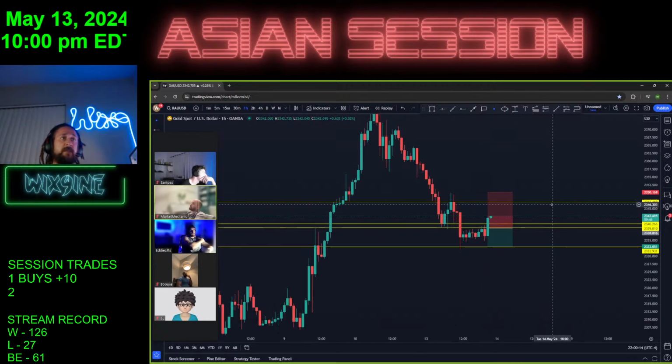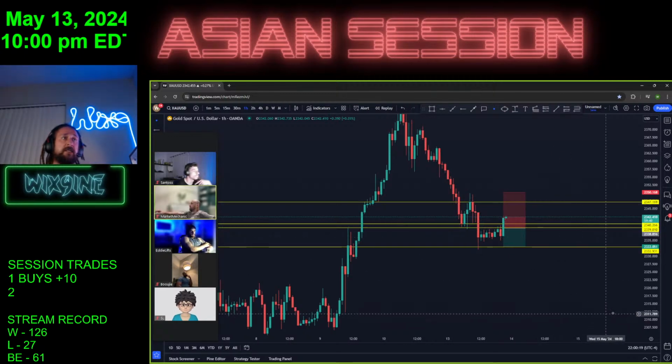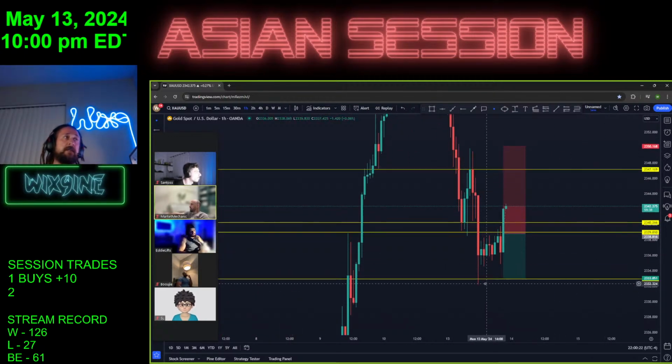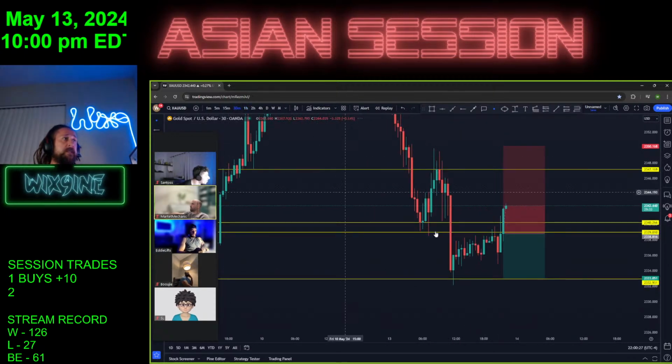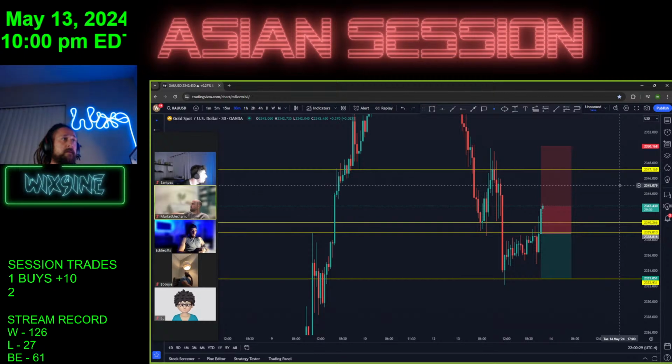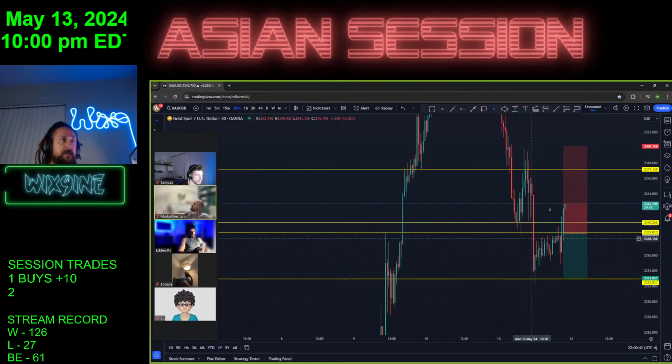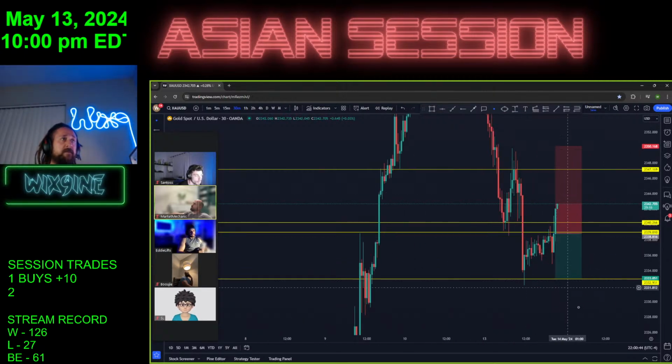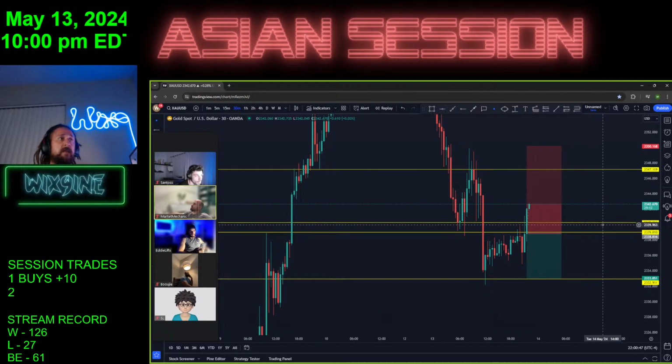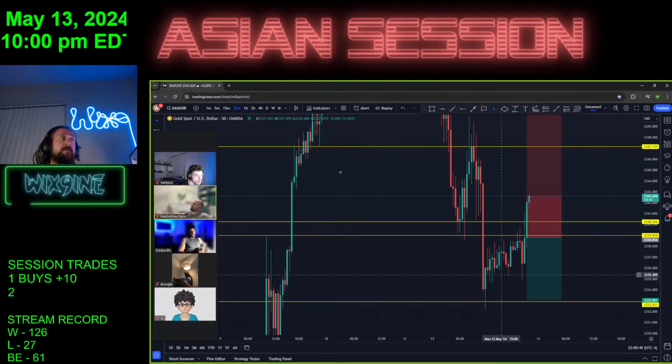If this continues up here, like if we tap 47 without coming down, I'm gonna take a sell at 47 on a top wick. If it comes up here and taps 43, 44 area, at the very least 44, if we can do that, I'll have a sell on the flip of this hourly.